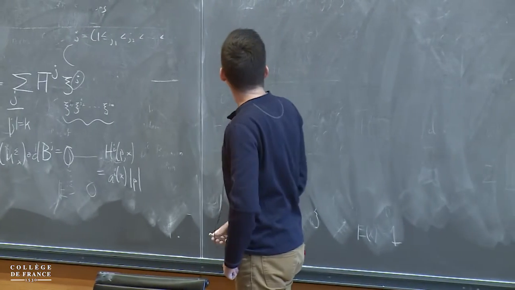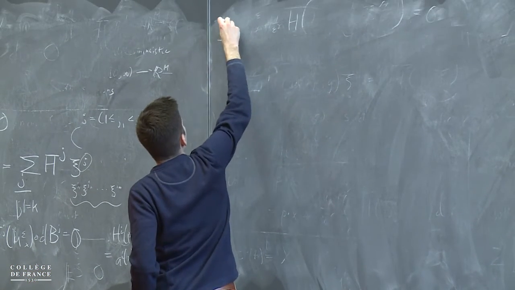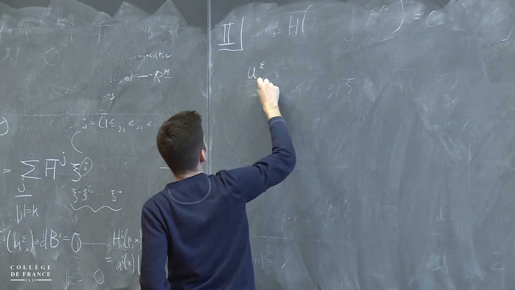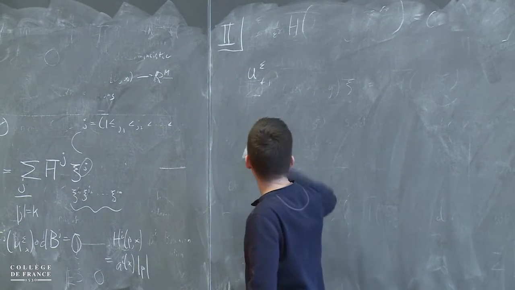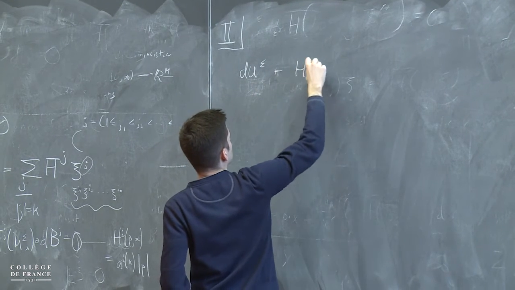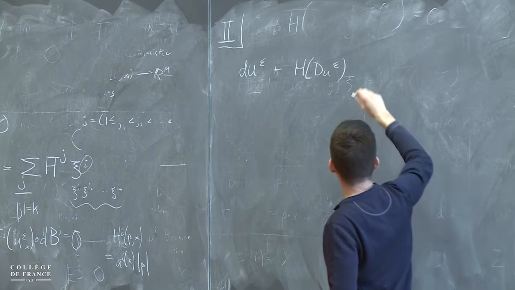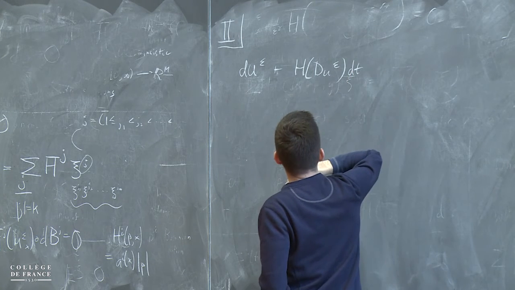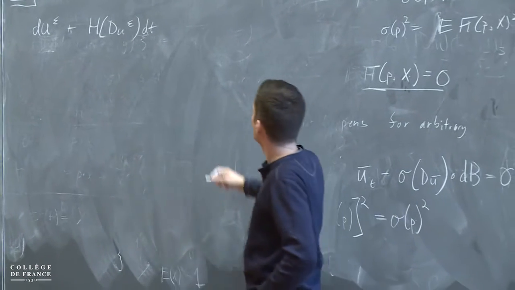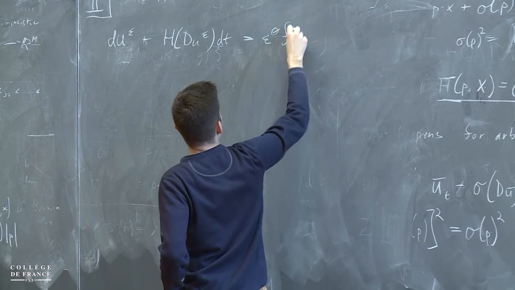So let me write down the type of problem I can pose in this section. Here the nature of the equation will be a little bit different. In fact, it will already be a stochastic equation, but the solution theory is not quite so complicated as the ones we've already seen. It'll be a Hamilton-Jacobi equation, very simple looking, except it will have some stochastic forcing on the right-hand side of this form.